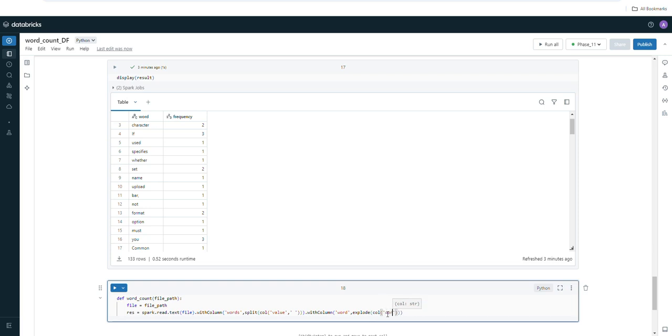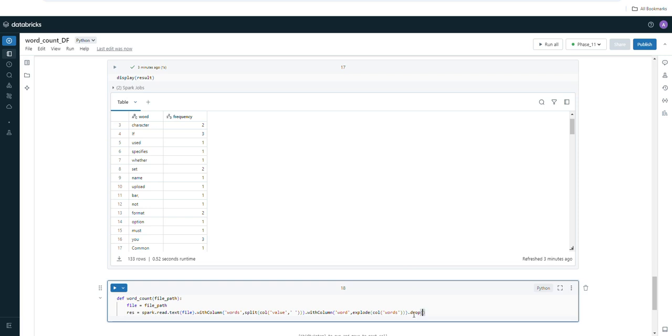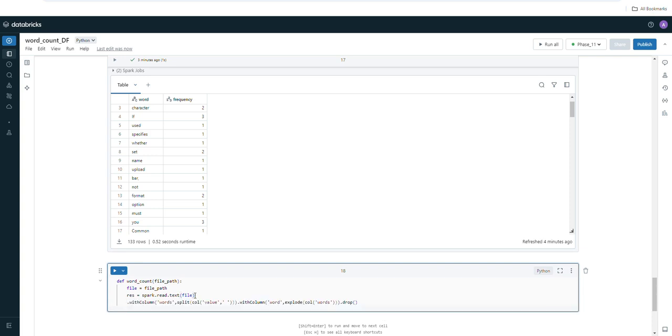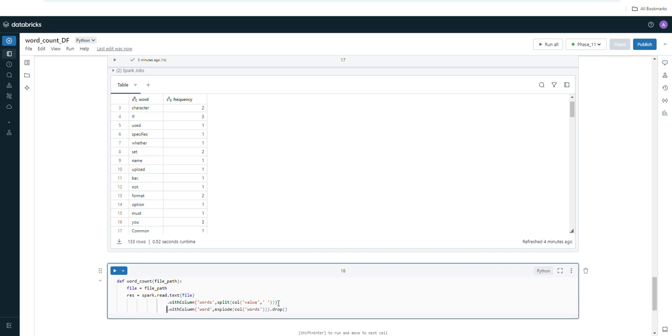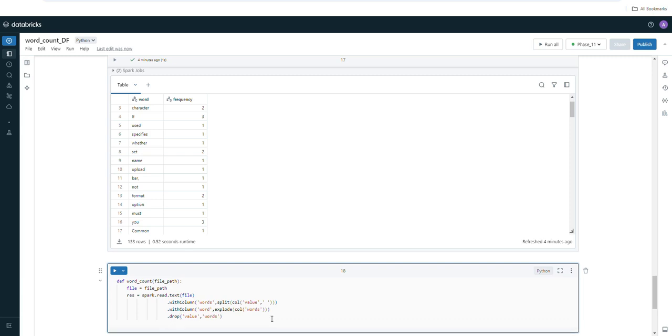Let's take a string, and on that let's make this look beautiful and meaningful. Drop the column names, value and words. So on that we'll use